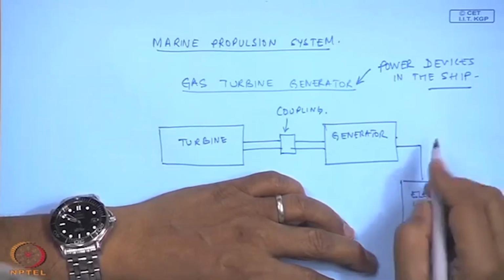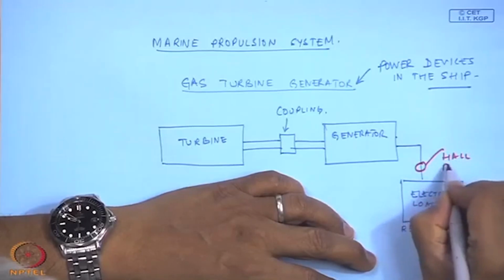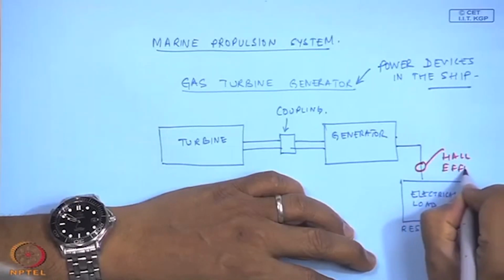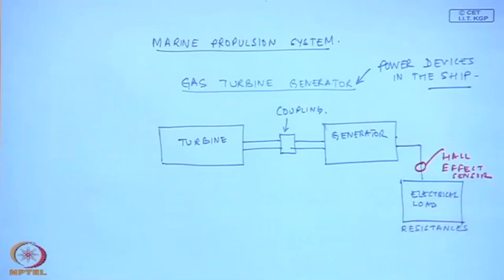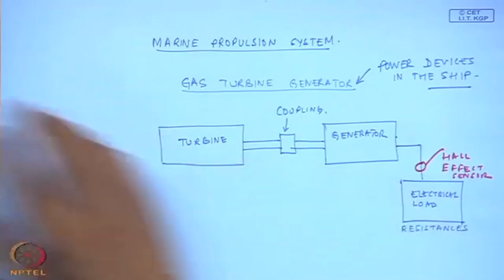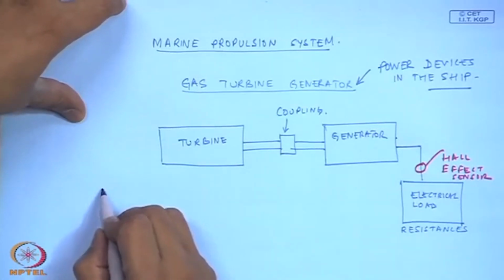So, onto this we put a Hall effect sensor, and this is the Tektronix Hall effect sensor put on one of the phases of the output load, and then we can correlate what is the defect in the generator and then in the turbine, because the principal idea behind MCSA is